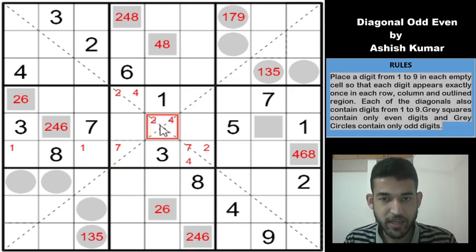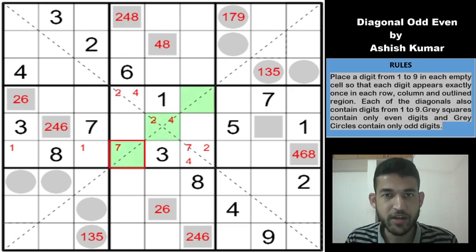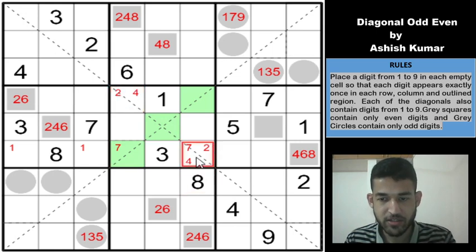So we know that these 3 cells are odd, so we may highlight that, maybe using green. So all these cells are odd digits. So 2 4 may be eliminated from here. So this is not a 2 4, which means we get a 2 4 as far as this diagonal is concerned. So we get a 2 4 pair here. Let us make the 2 4 pair, which means that the 7 is getting pushed here. So this is a 7.